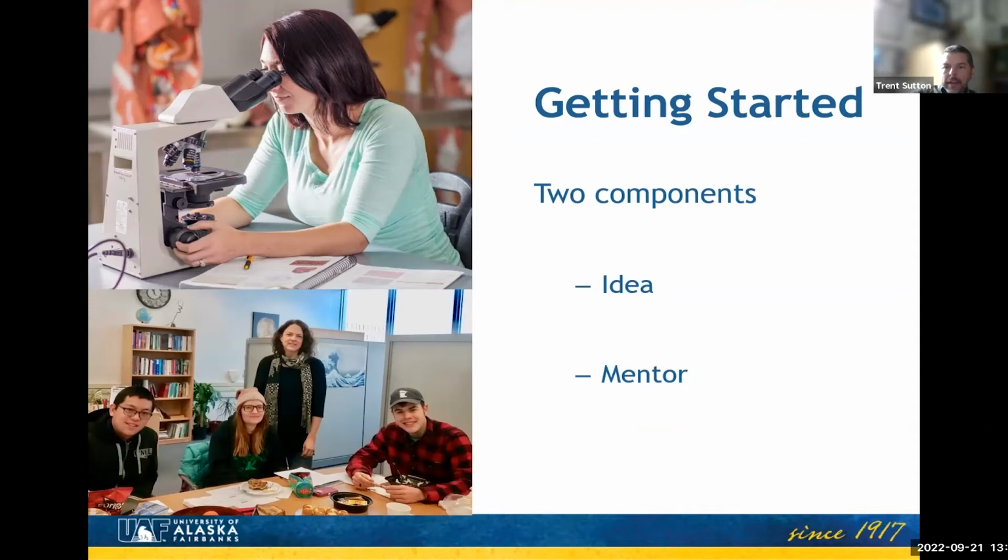Help you hone your project, identify a mentor, and make that connection so that we introduce you to the mentor by email or in person or phone or however we do that. And then we turn you loose. And then you work with the mentor to develop that project further, and hopefully something that you can ultimately do for a project. So, like I said, the two things you really need are an idea and a mentor, and we can come in on both of those, and we've done that many times.